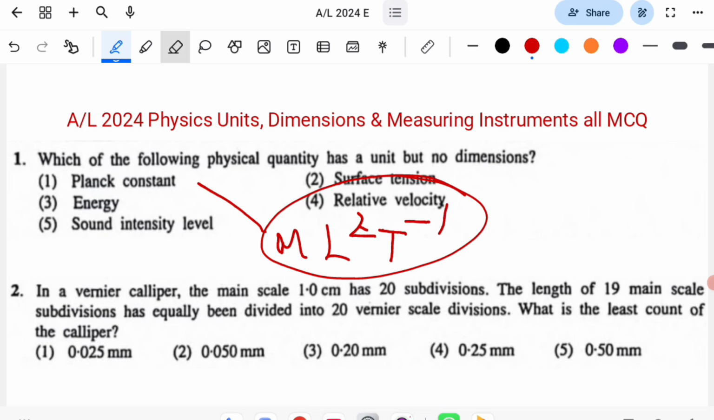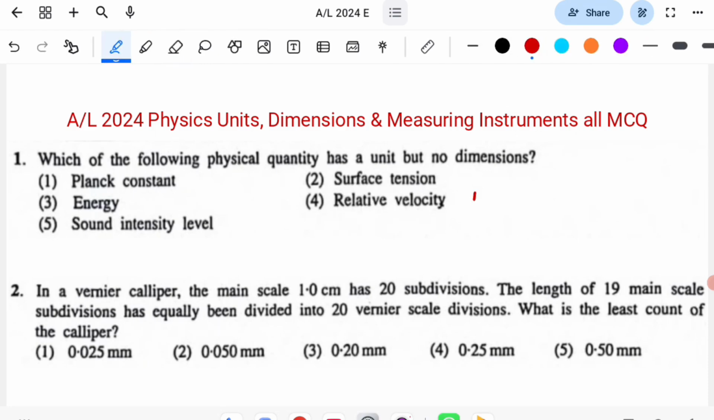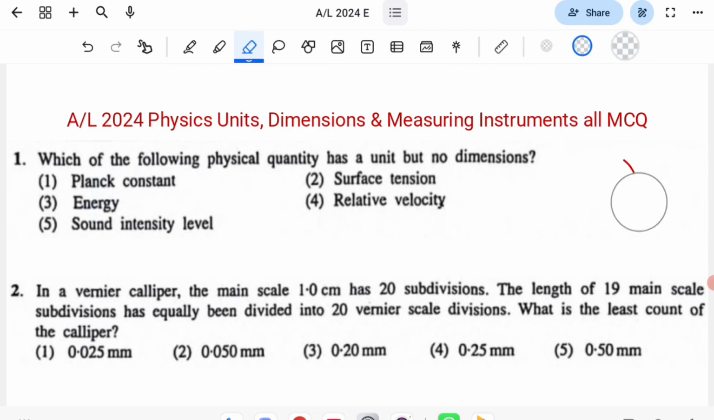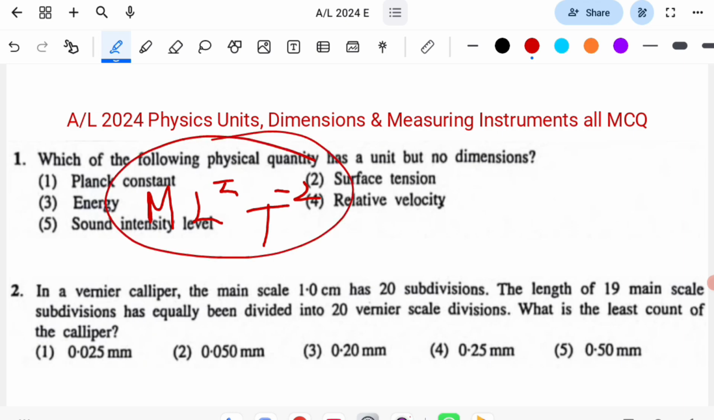the corresponding SI unit. Second one, surface tension. We know that the dimensions of surface tension are MT⁻². There are dimensions and there are units. Third one, energy. Dimension of energy is ML²T⁻². There are dimensions and there are units. The SI unit is joules, so we can write by using these